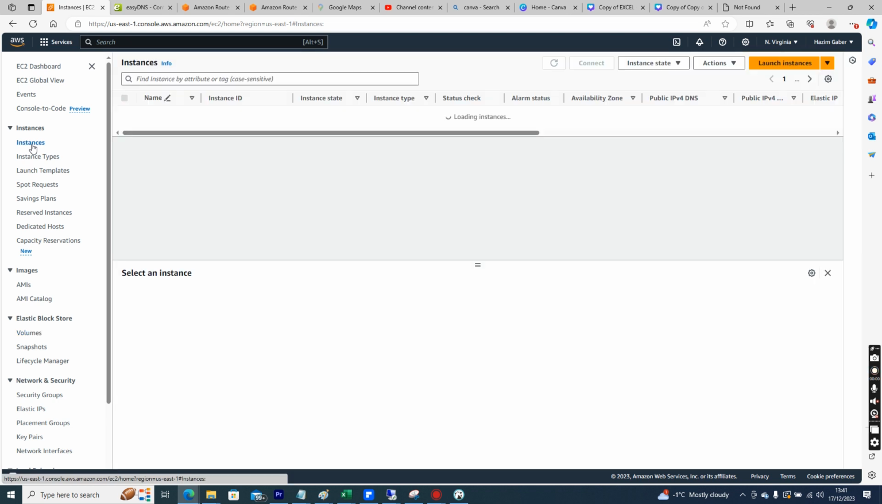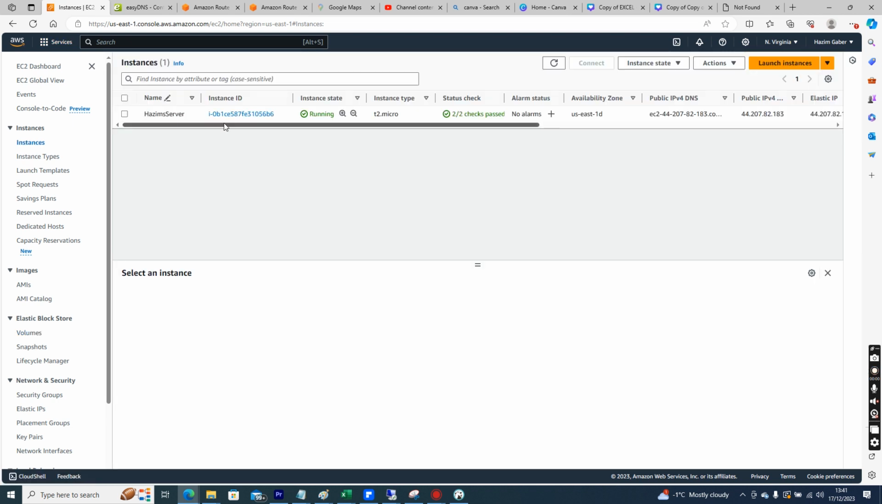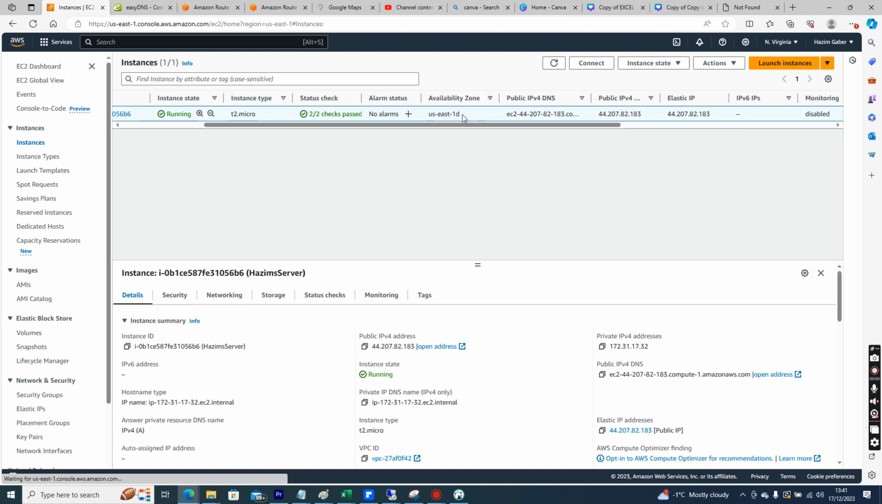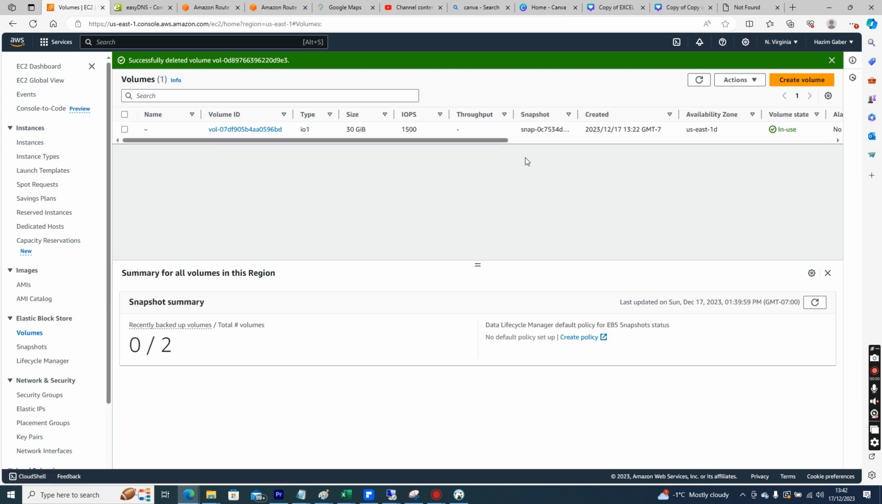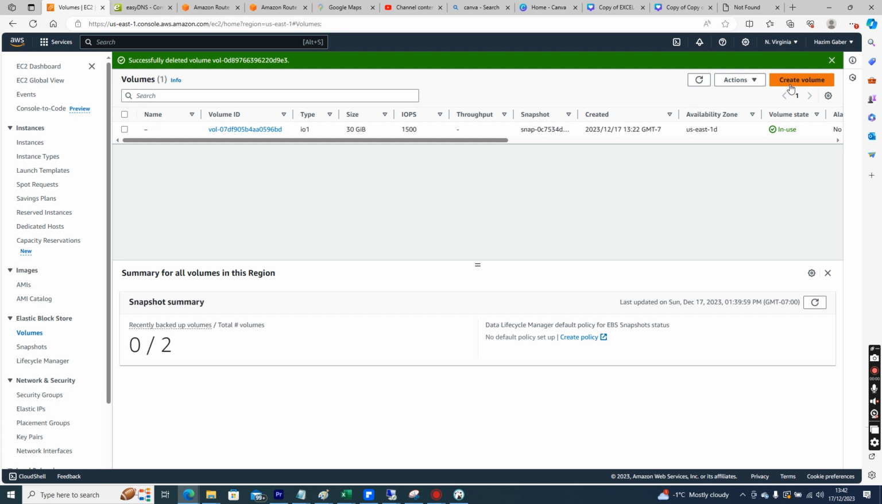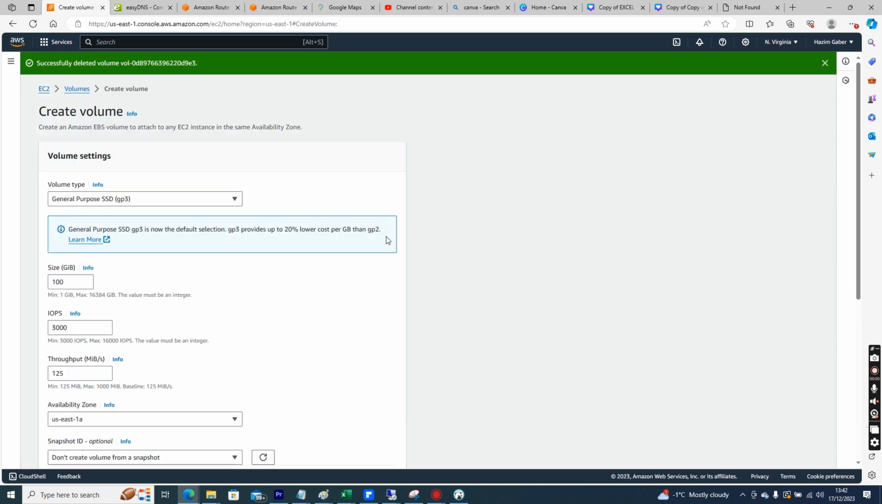So first thing you want to do when you're logged into EC2, take a look at your server and check out the availability zone. So US East 1 is our region and D is our availability zone. So we want to go to Elastic Block Store volumes, and this is the hard drive that's already connected to the server. So we're just going to go create volume